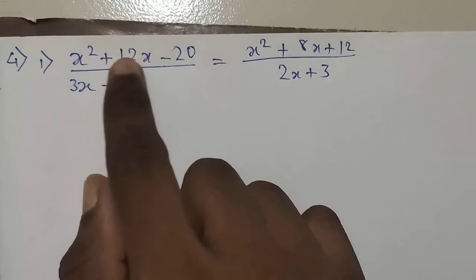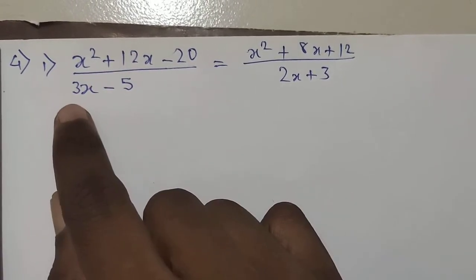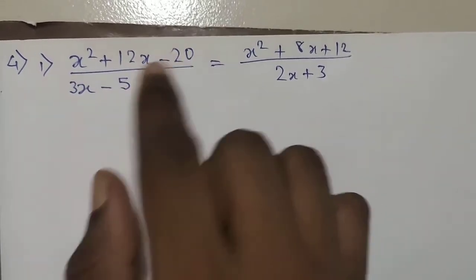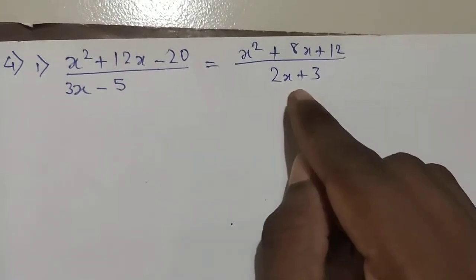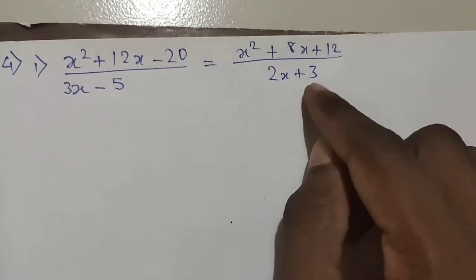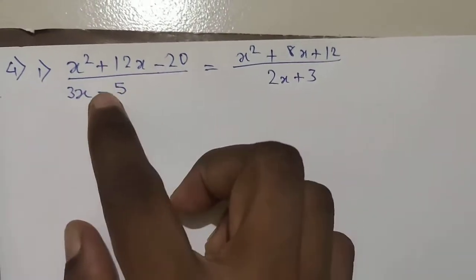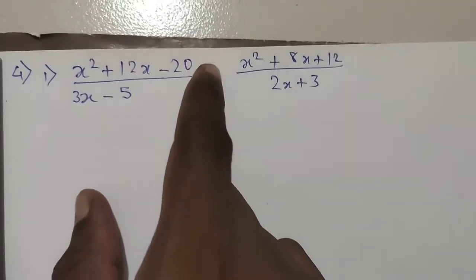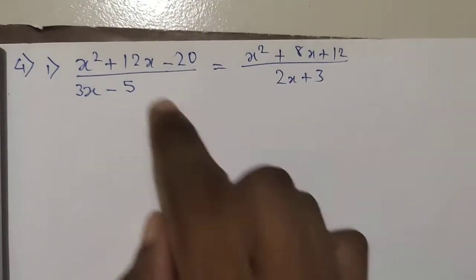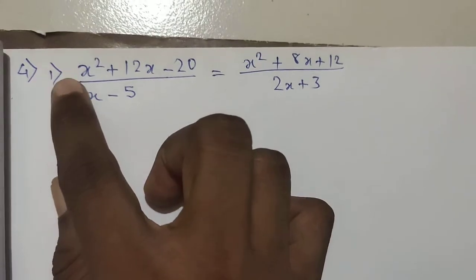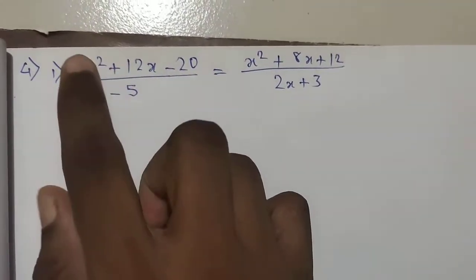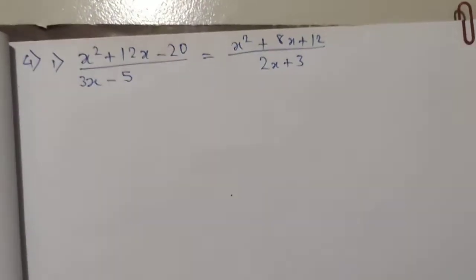Suppose I am multiplying this denominator by 4. So what we are going to get, 4 3s are 12, 4 5s are 20. That is the same terms. Similarly here, if you do multiplication by 4, you are going to get 2 4s are 8 and 3 4s are 12. So what we have to do, we have to multiply each ratio by 1 upon 4, because we don't want to multiply any number in the numerator, and in the denominator we want to multiply by 4. So 1 upon 4 we are going to multiply.